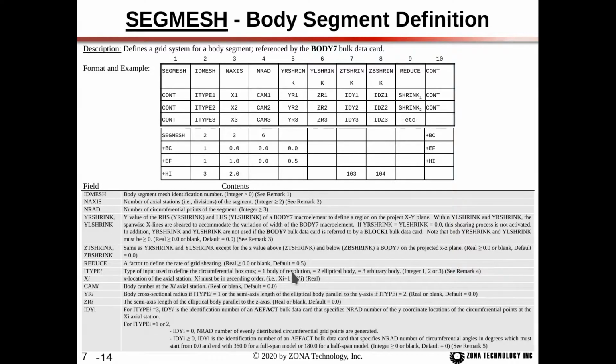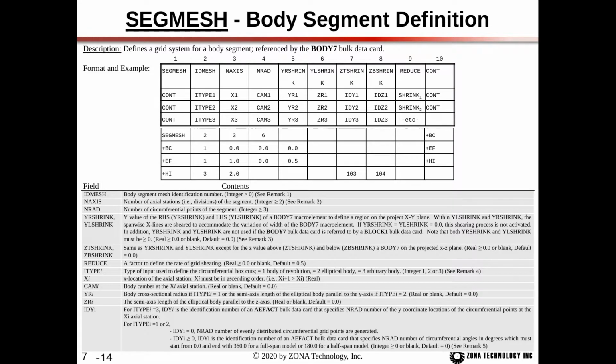So moving back to the body of revolution or elliptical body, for body of revolution and elliptical body, I type I can be used. If IDY is 0, then the NRAD number of cuts are evenly distributed around the circumference. If IDY is greater than 0, then IDY refers to an AE-FAT card, which specifies the NRAD number of circumferential cuts in angles in degrees, which must start at 0 and end with 360 for the full span model, or